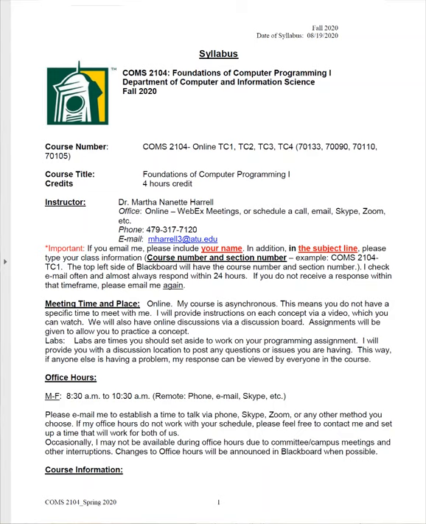This is course COMS 2104, Foundations of Computer Programming 1. We're in the Department of Computer and Information Sciences for fall of 2020. Here we have all these course session numbers because I put all of you into one Blackboard shell. That's why we list all these session numbers as well as all the CRN numbers that I'm teaching for